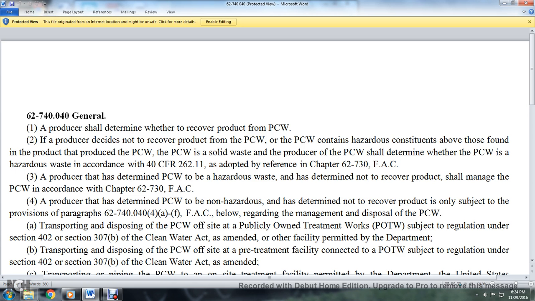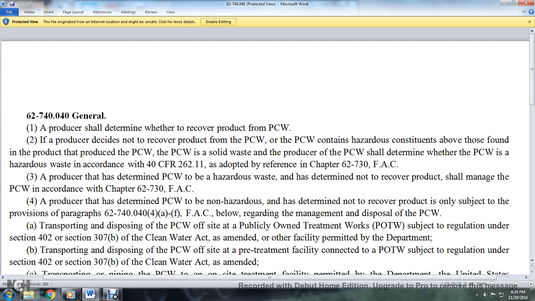This determination is made in accordance with Title 40 of CFR 262.11, adopted by reference in 62.730 of the Florida Administrative Code. 3. If the producer determines the petroleum contact water to be hazardous waste and determines not to recover the product, it shall be managed in accordance with Chapter 62.730 of the Florida Administrative Code. If the producer has determined that the petroleum contact water is not hazardous and determines not to recover the product, it is only subject to the provisions of paragraph